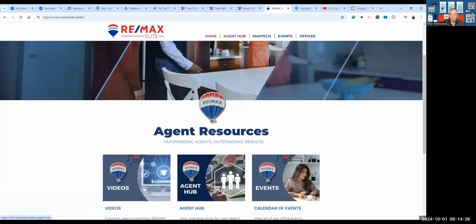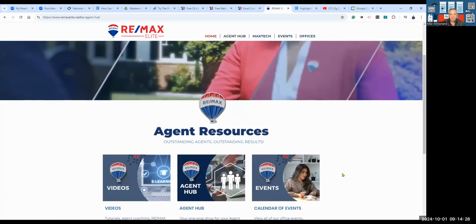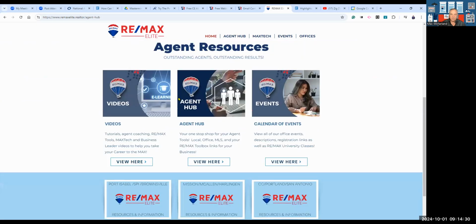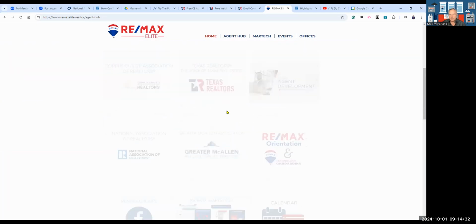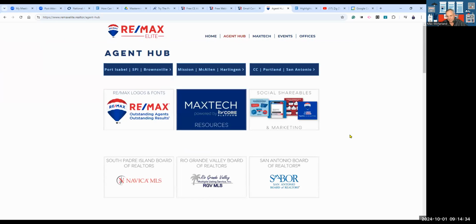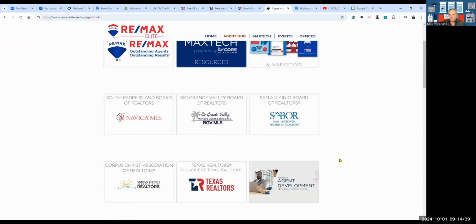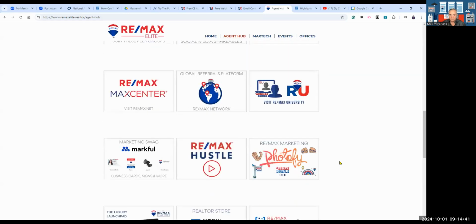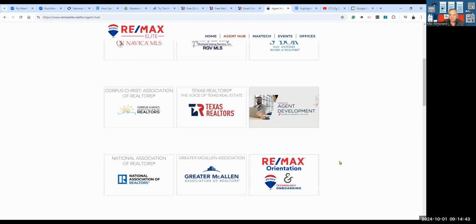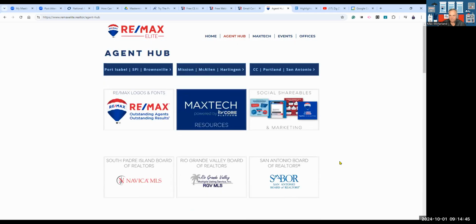If you click on agent hub, it's going to take you into this part of it. If I click on the agent hub itself, we have all the different tiles for the MLSs. She demoed all this, right? She showed you this is in there. You have all the different tiles for the MLSs, et cetera, that's available in here, right? So that's there. But I also wanted to show you that if you click on Max Tech,